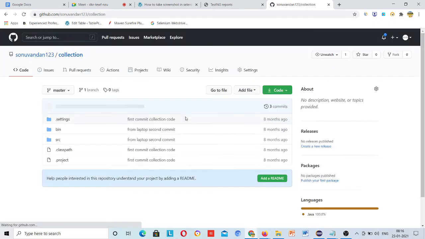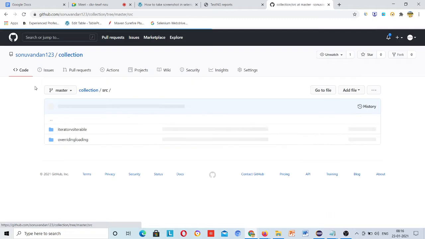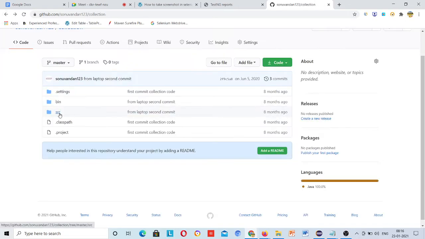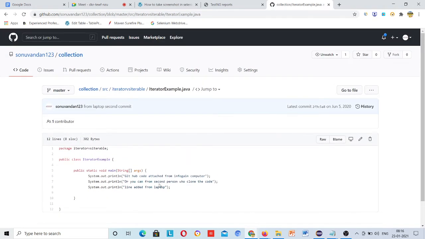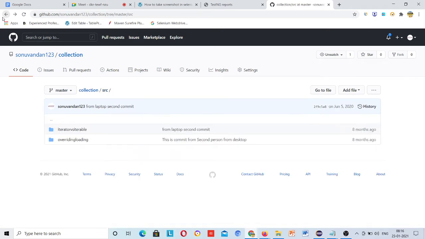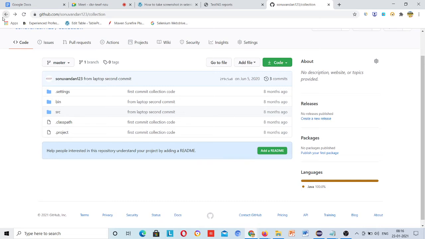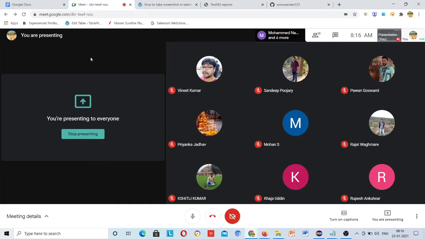So just like this collection, if I have to see your code, I will just come here to the source file and see what code you have written, and after seeing this code, I will get the idea where you made the mistakes. Just show me the error, and instantly I will answer. If I feel that you are doing the right thing and need help in a live session, then I will ask 3 or 4 of you to join me together and I will resolve everyone's query.